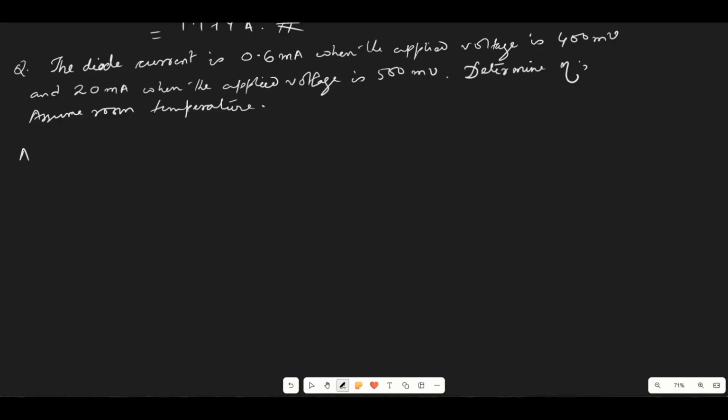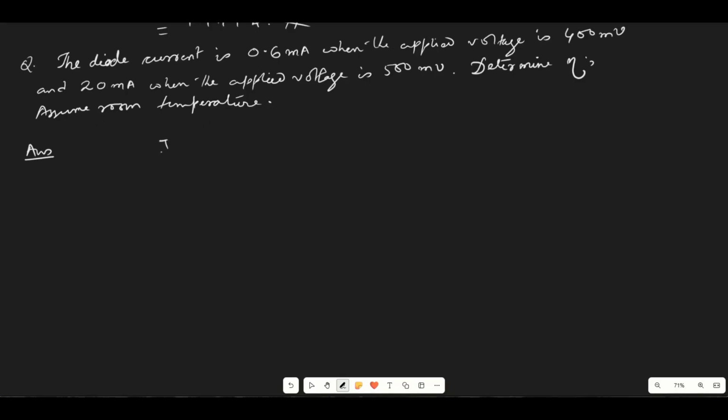So at room temperature, the value of Vt is 26 millivolts, that we already know. Now here what we have is I is given as I naught e to the power V by eta Vt, where Vt we can write as kT by Q, minus 1. Now we have the value of V very much greater than Vt. So then what we can consider is, for the first part,